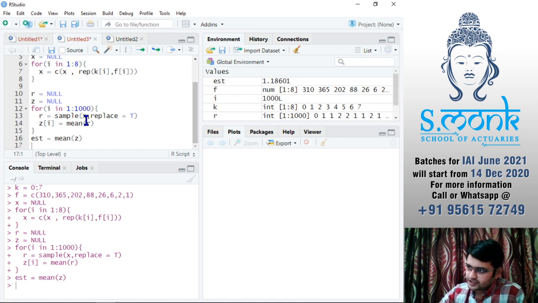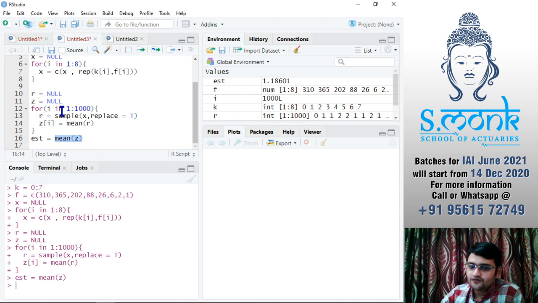So I have taken 1000 similar samples as the sample we are getting here, and then I have taken the mean of each one of them, because lambda is nothing but the mean of our sample, X bar. So therefore I have taken the mean of each value, stored it in one particular place, so that I can take the mean of that value.